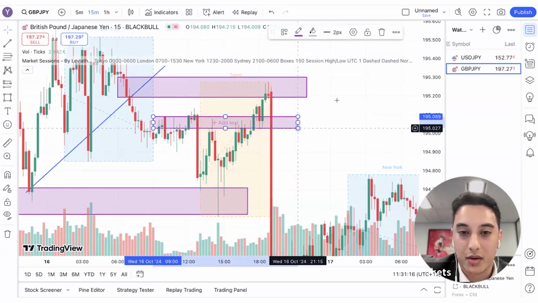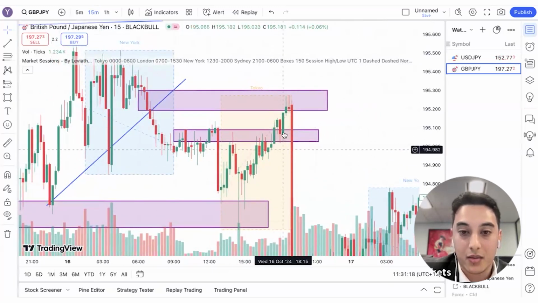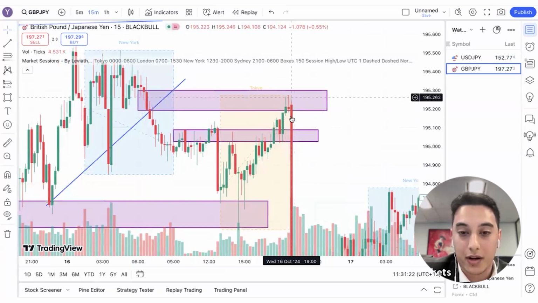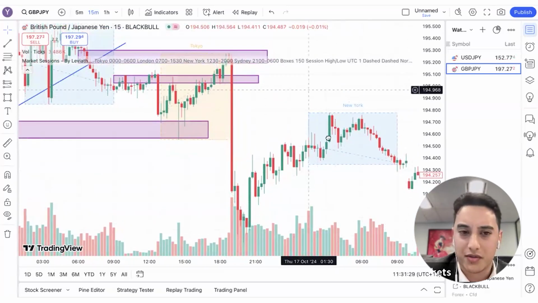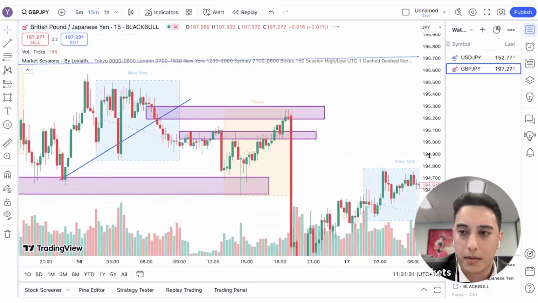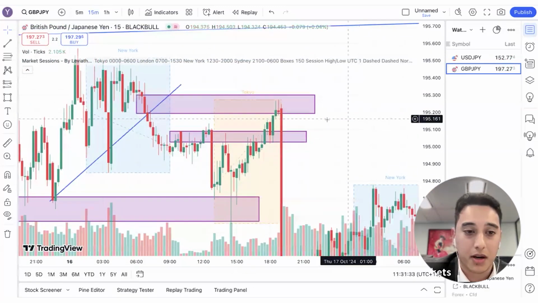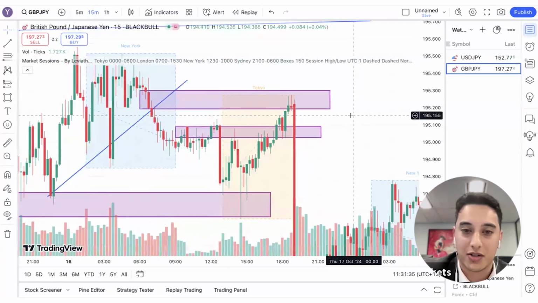But what we do see is that when we go higher, we see 1, 2, right? And your third one is a huge drop down below. This may have been news. No, I don't think it was a news event. But sometimes you get random market action happening during the Asian session.